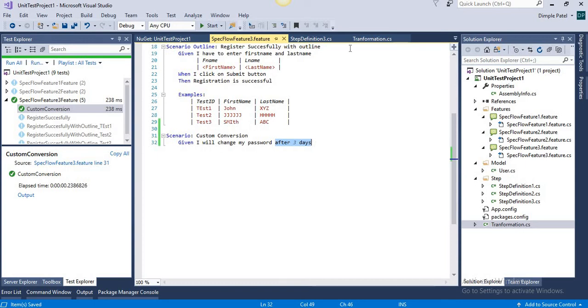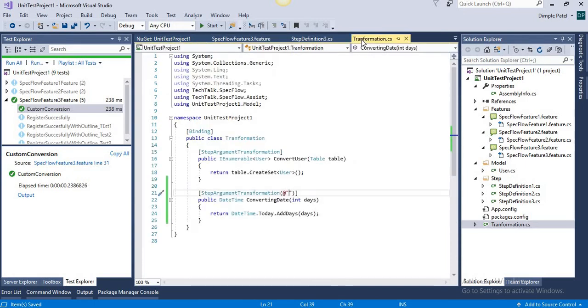So we'll copy this line, and whenever the system comes across this syntax in any scenario, instead of 3 I am going to write a numeric value. If any numeric value, like after 2 days or 5 days or 10 days, matches in the scenarios, then it will automatically convert the days into the date and time format.